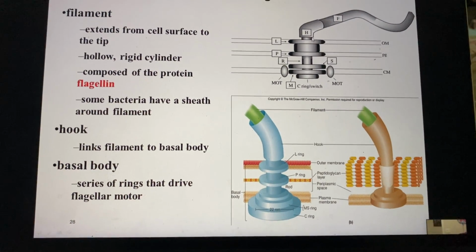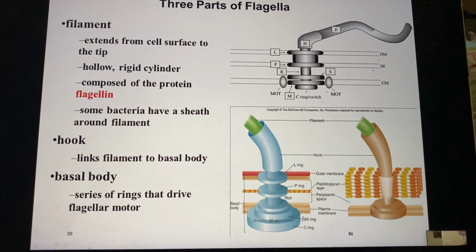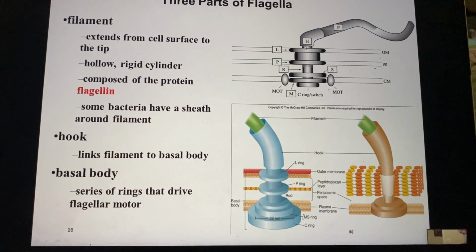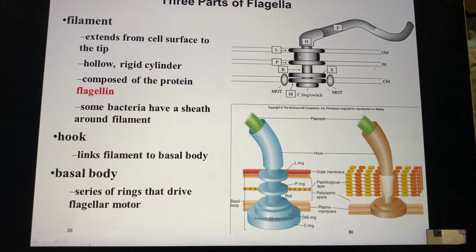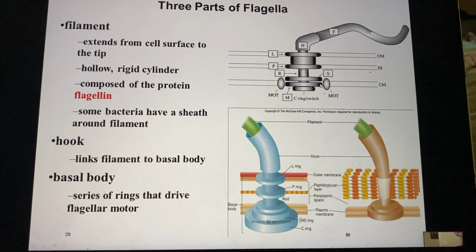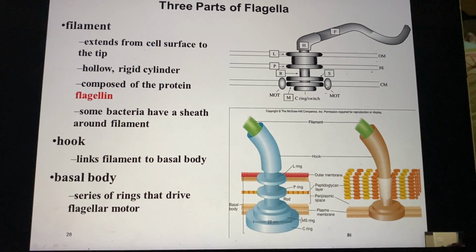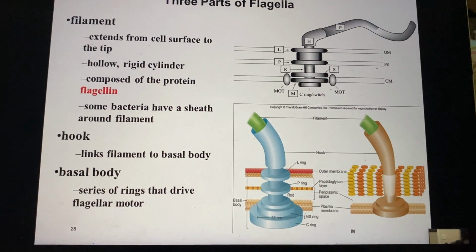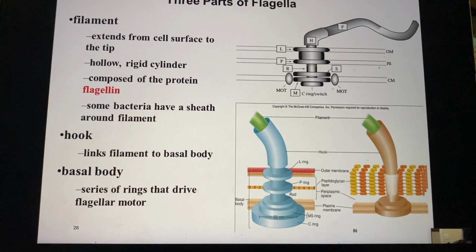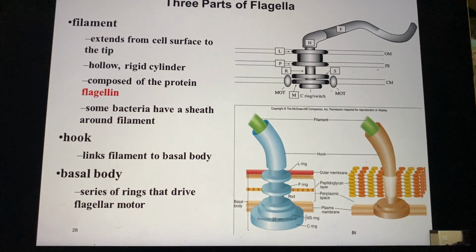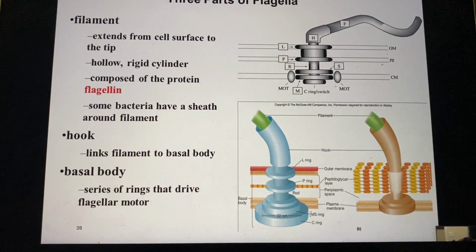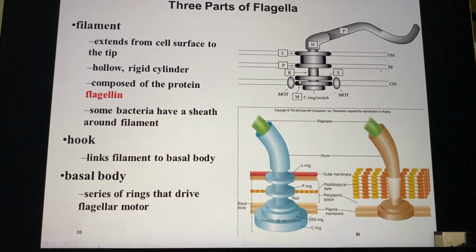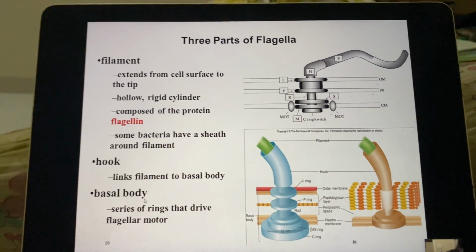Now, you realize that the filament is, of course, a rigid structure. So all the motility, the ability to move this flagellum, comes in the basal body, which has some special proteins that we talk about. The MOT proteins, MotA and MotB, are the 2 proteins that will make contact with the M ring and the switch, the C ring, and power this rotation of these rings. And as these rings rotate, the flagellum will move also.